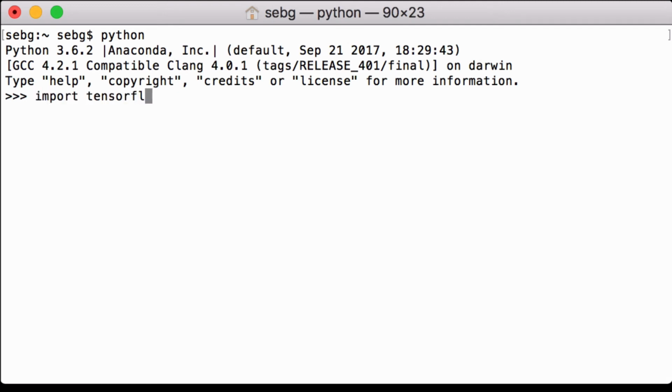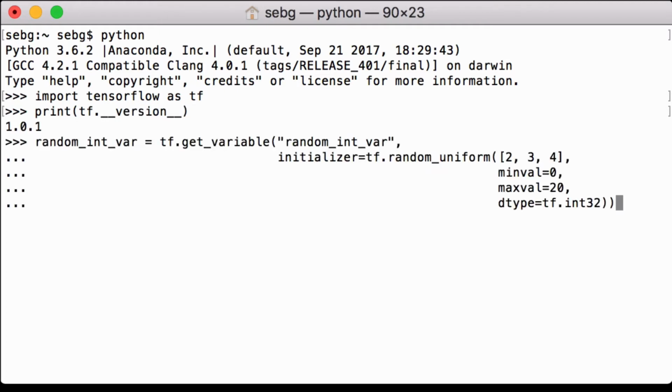First, we import TensorFlow as TF. Then we print the TensorFlow version that we are using. We are using TensorFlow 1.0.1. For this example, we'll create a TensorFlow tensor that will hold random integers between 0 and 20. And the data type is going to be tf.int32, and the shape is going to be 2 by 3 by